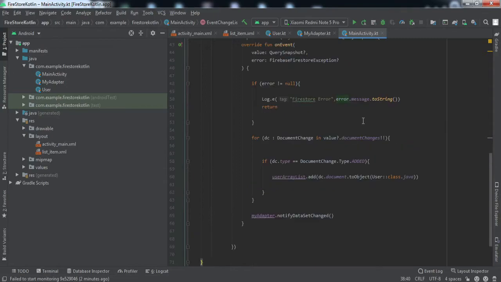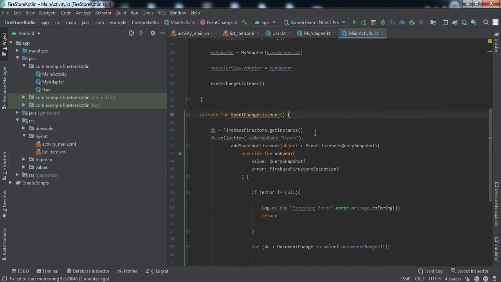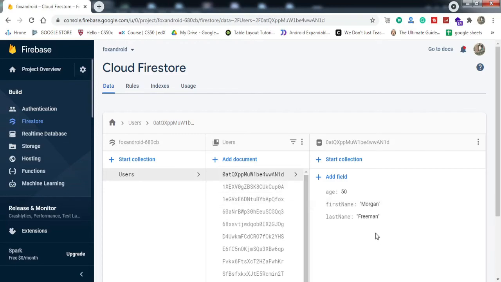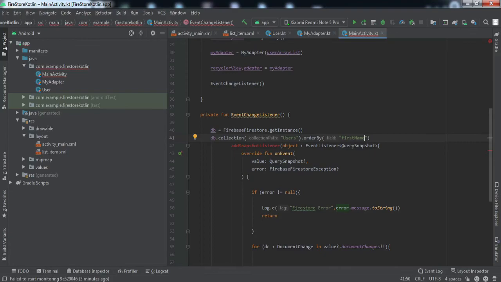So inside this event change listener, here we'll use orderBy, and the first thing we are going to pass is the field name on which we are going to apply this order. For example, mine is firstName, the name of the field, right?